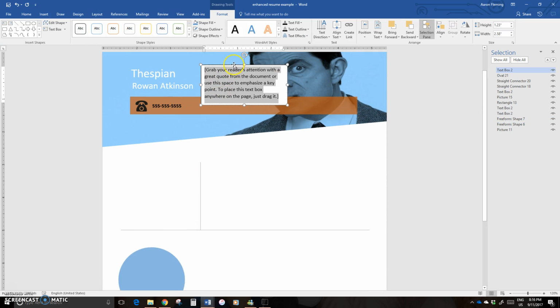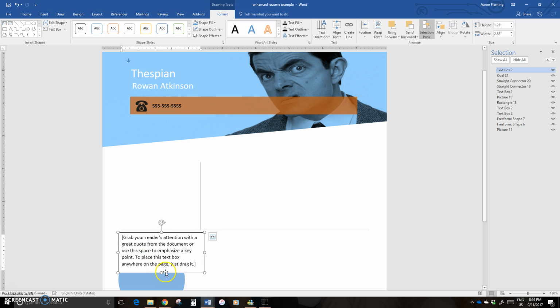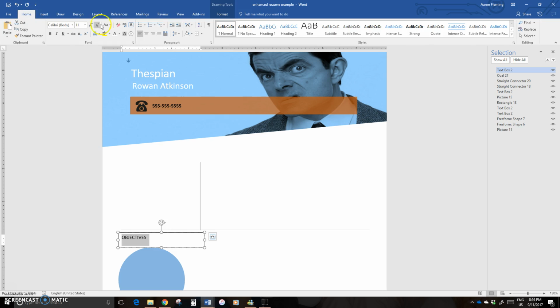There's our text box. Drag it down, locate it. Now this is sort of your work objectives here. So again, just delete it, objectives, and again, maybe playing with the size. Okay, and you might want to play with the color or whatever there,